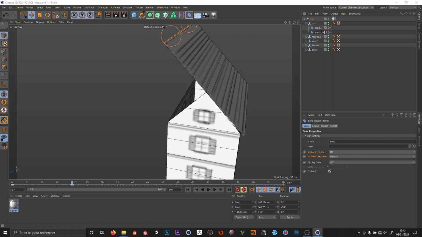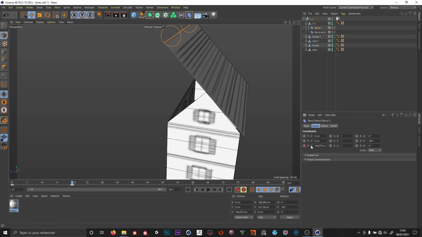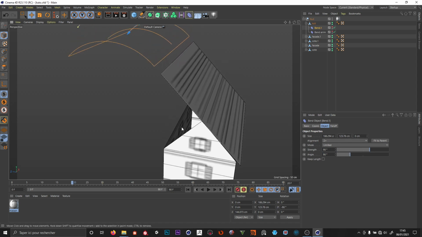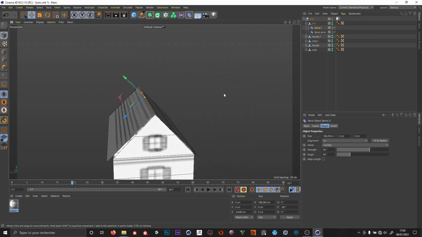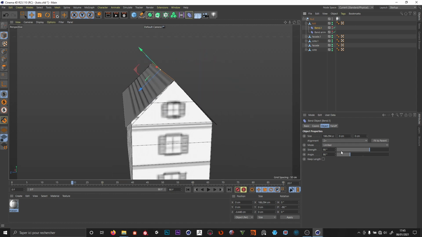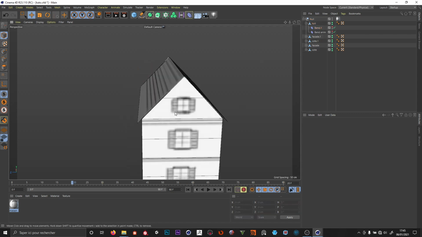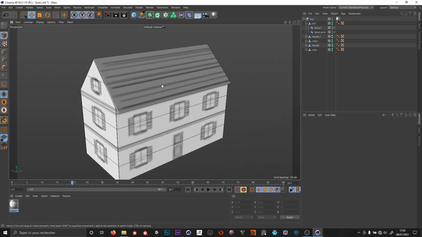I'm gonna call this one animation, and first I delete the track, and then I'm gonna change my values here and in my size too. Okay, and this bend will be just to give the shape to the roof, and the other one is there to animate. I adjust the value here,